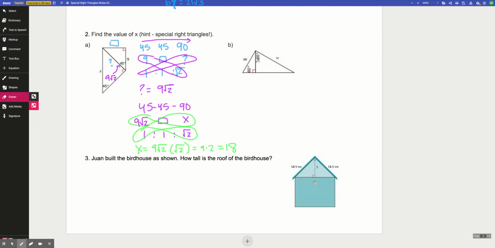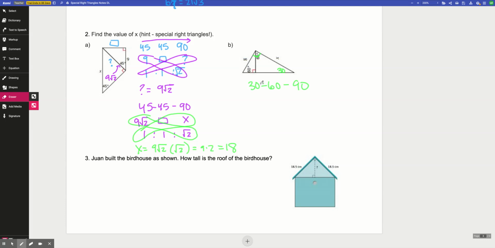Because if you remember from the notes that I did for you on the right triangle altitude theorem, this is one large right triangle that's broken up into smaller, similar right triangles, okay? But the whole large triangle is a 30, 60, 90 triangle. So I can just do my 30, 60, 90 ratio one time and it'll help me figure out what my